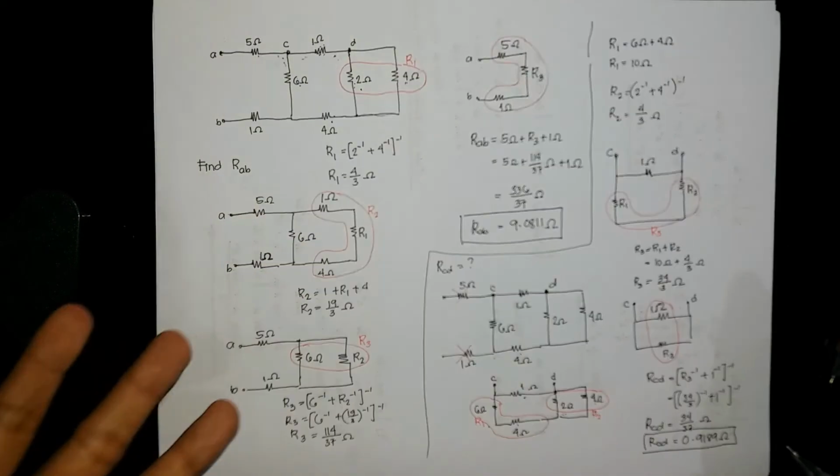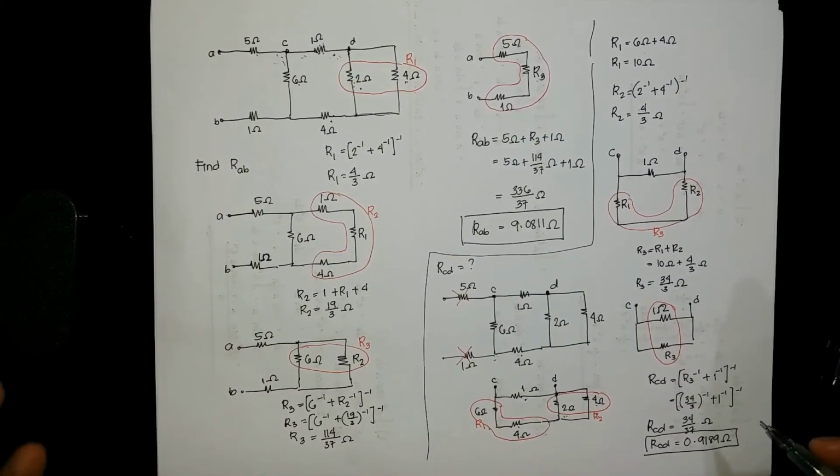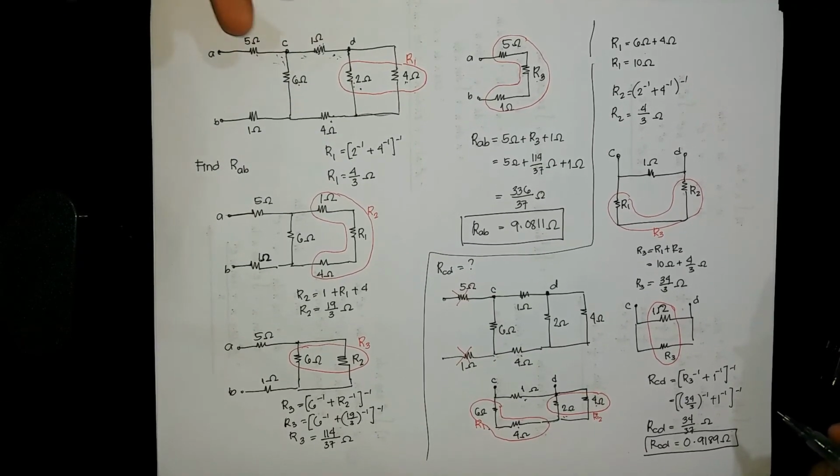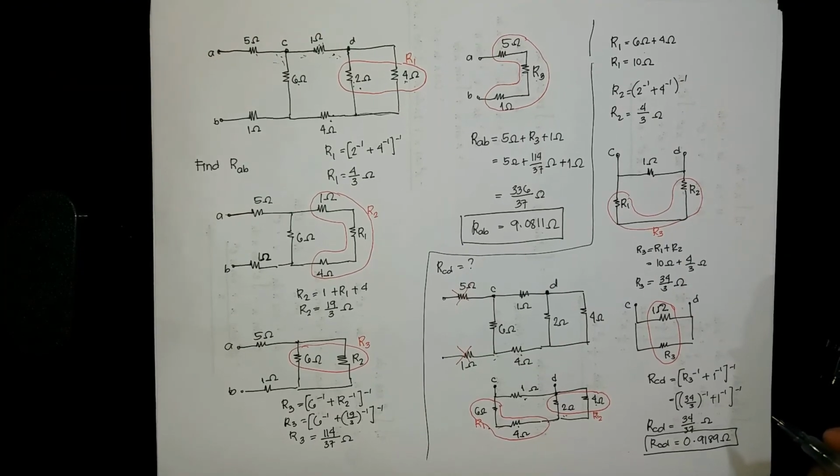So, see the difference? Still dealing with the same circuit, the same values of resistors, but I'm taking the value at two different locations or terminals, and it gives me a different answer. Because when you change the terminal, the resistances being considered change. No? So,